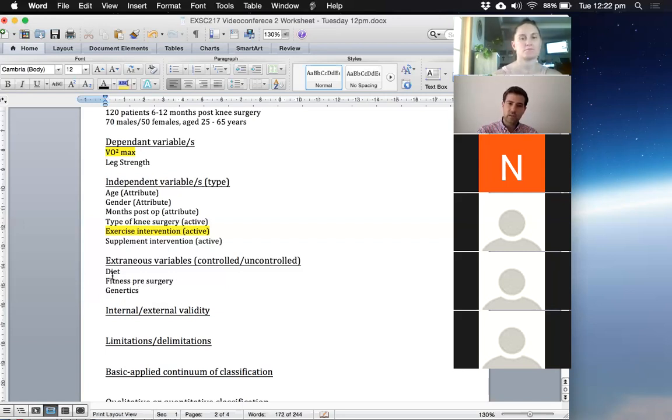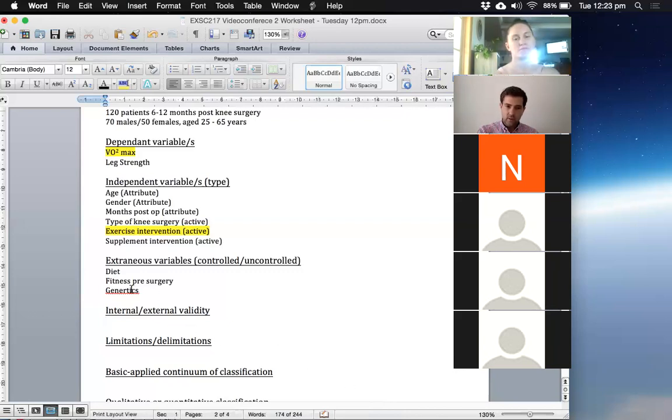So say we try and control for age, we control for gender, we're only looking at, say, females, we control for the type of knee surgery. The more we do that, the more we're improving our internal validity. Jess, I can see you've put down there as well exercise non-responders. Would that be an extraneous variable? Yeah, definitely. So we might want to control for that. We might want to look at people's past history of exercise and see if they have indications of being an exercise non-responder. We might control for that, not having them in our population.